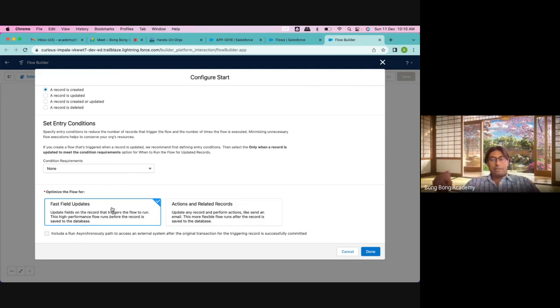When the record is getting saved, if you are trying to change any field values of the record which is basically firing this flow, at that moment you use before save. So always use before save if you want to automatically change any field values of the record which is firing this flow. Okay,